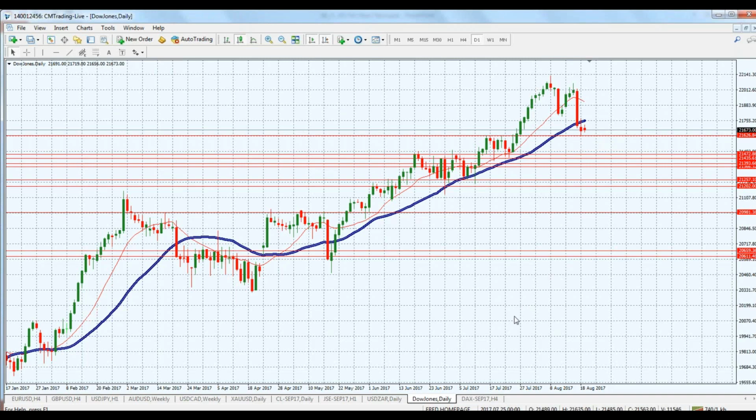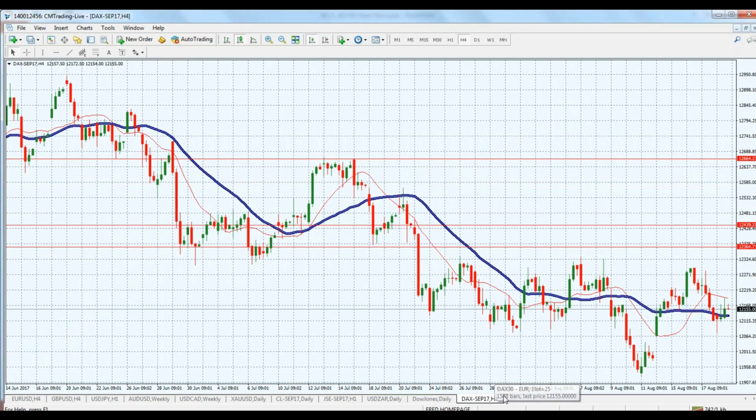And finally, we did get the catch-up move from the Dow Jones to the DAX, and that's finally what we saw here last week. It was just a capitulation of it. DAX not going down here. DAX has been